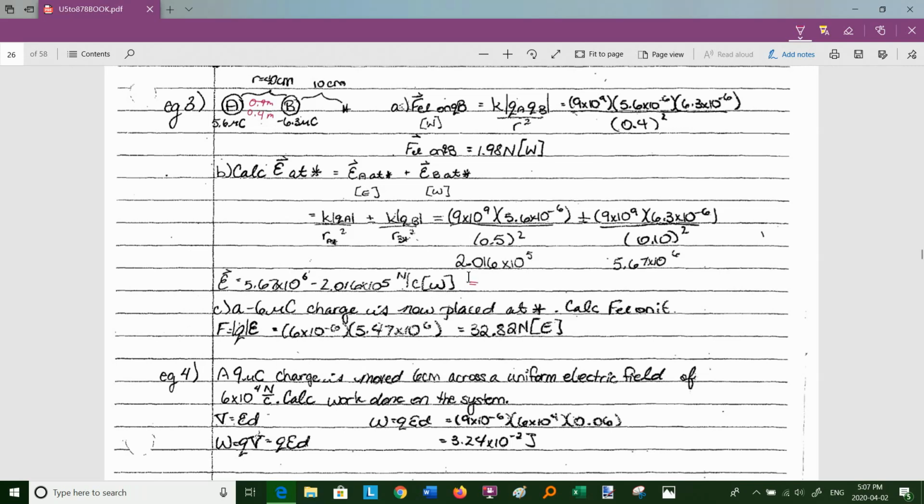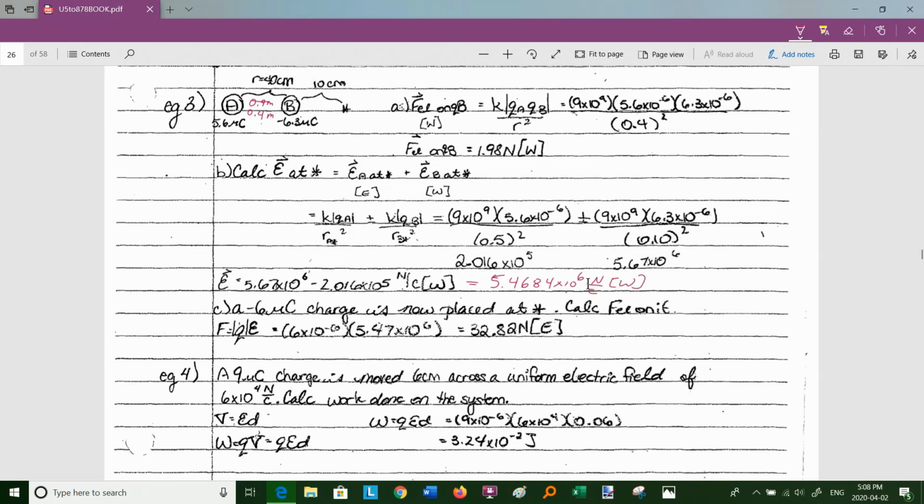Shall we fill it in? Why not? So I'm going to do it live on stage here. 5.67 by 10 to the 6 minus 2.016 by 10 to the 5 is 5.4684. That's too many sig figs. Ms. NATO wouldn't like all these sig figs. I'm breaking all the rules here. 5.4684 by 10 to the 6. What are my units here? Newtons per coulomb